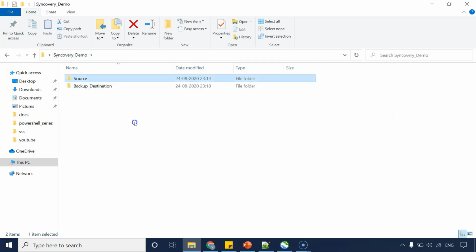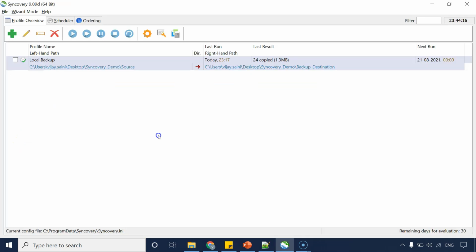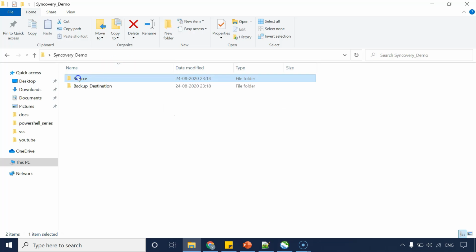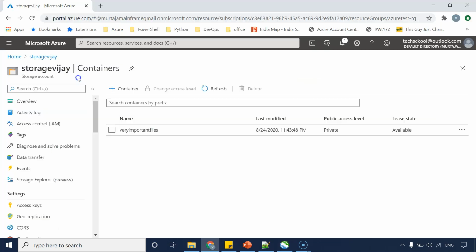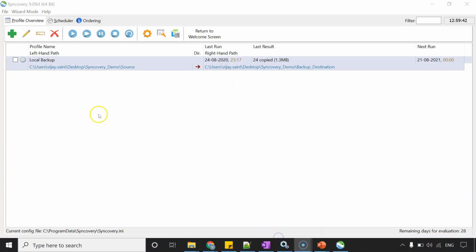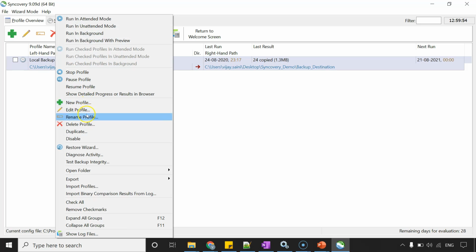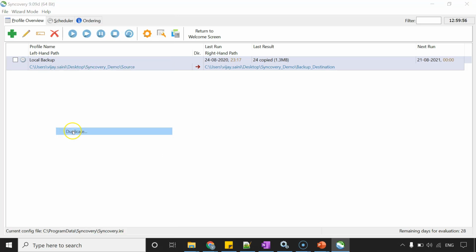Syncovery has to play the role of connecting these two worlds. Let's see how we can create another Syncovery profile to copy these source files to this backup directory, which is in cloud. If the new Syncovery profile, what we are planning to create, is very similar to some of the existing Syncovery profile, then we have an option to duplicate it. So you can go here and click this duplicate button,